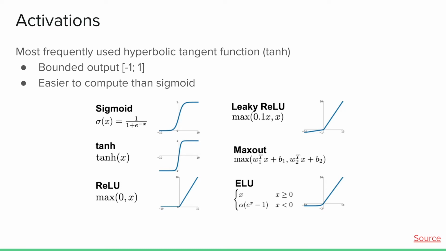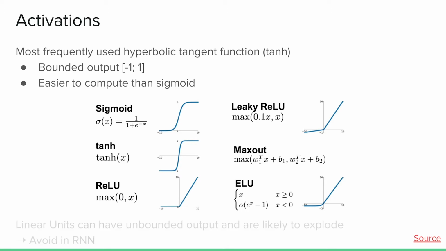So we've already seen the sigmoid activation function, but there are also the leaky ReLU and ReLU, and something like the hyperbolic tangent function, which is actually the most common one for recurrent neural networks because it's easier to compute than the sigmoid. And we actually would like to have something that gives us a bounded output between -1